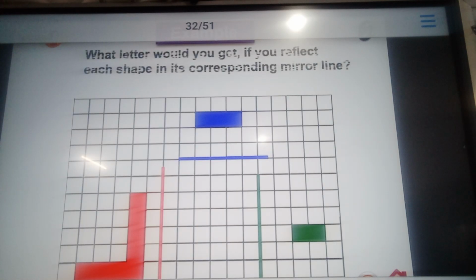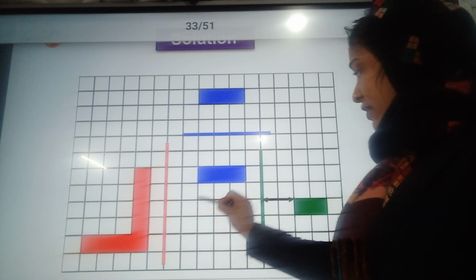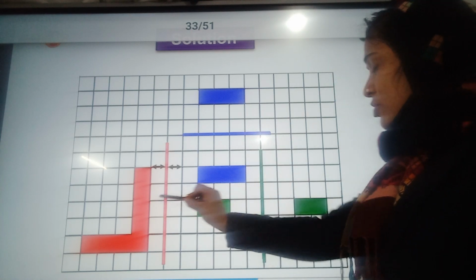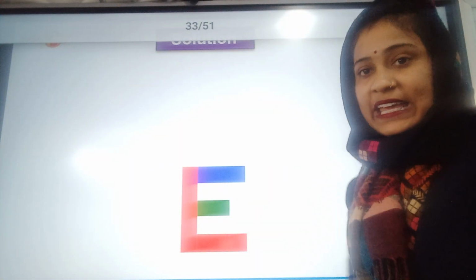Okay, see, rectangle B1, J alphabet, and this square. So somehow it is making a figure like E. Okay,